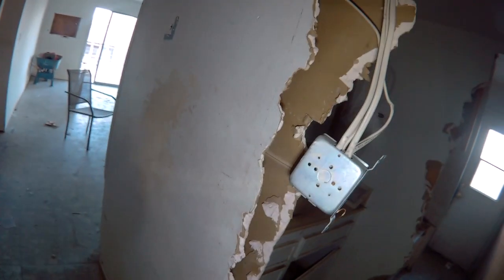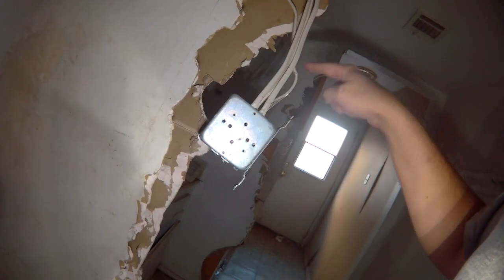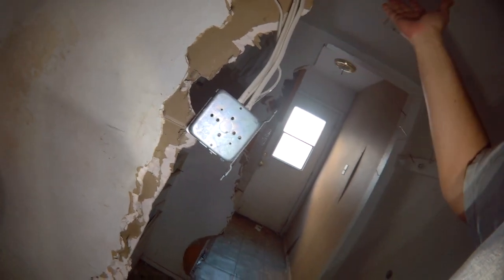Each doorway, each wall had just dirt on it where people would put their hands and rub against it. And this wall, even the stud was removed from this wall where the door hinge would be, and all torn up like that. I don't know why. And why are there 4 wires going into one box that only had one switch in it? I know it could light up possibly 2 lights because there's 2 different rooms there, but